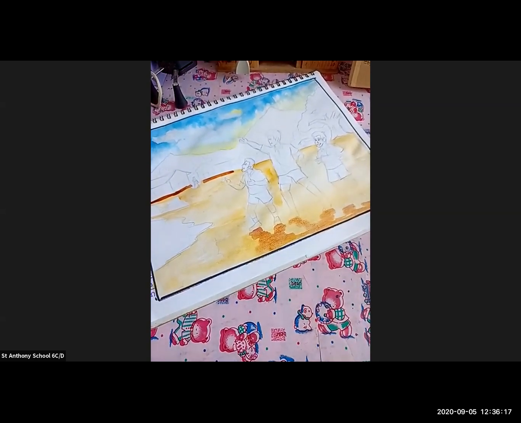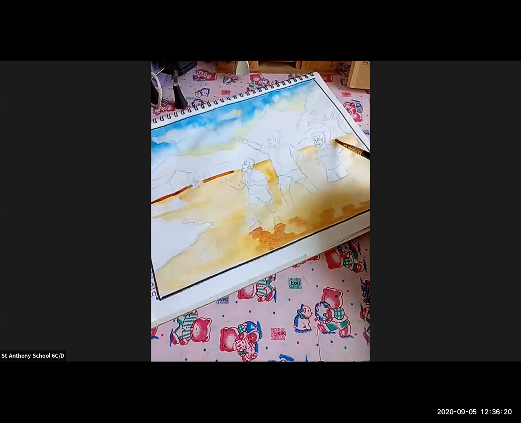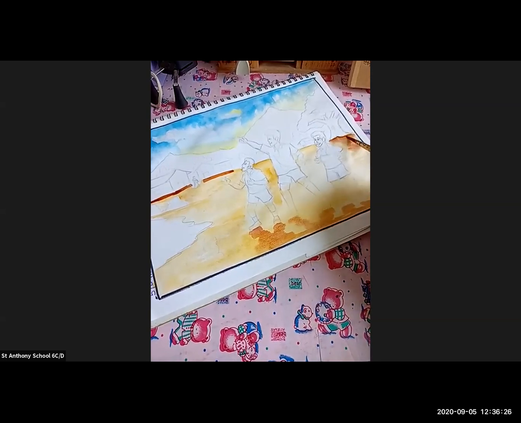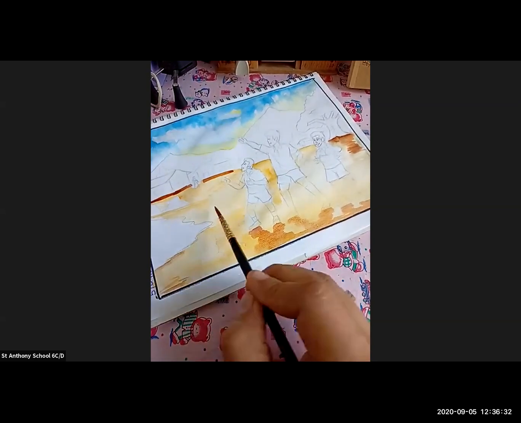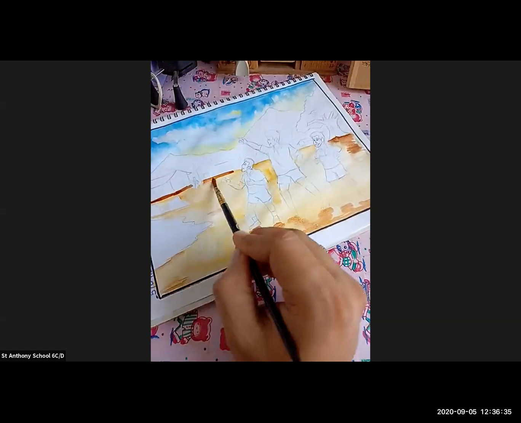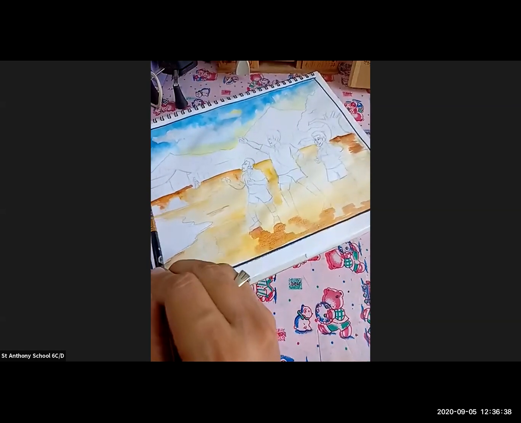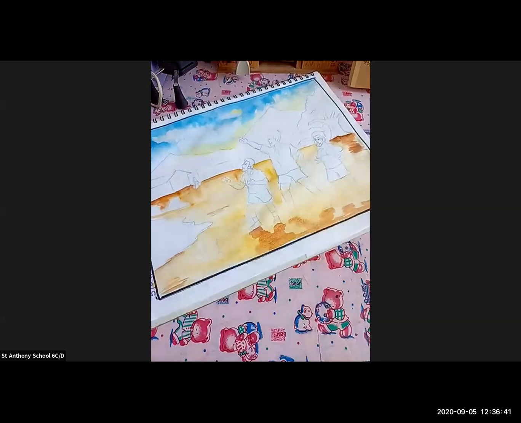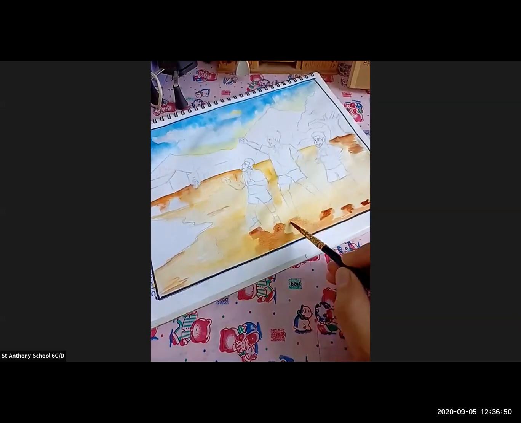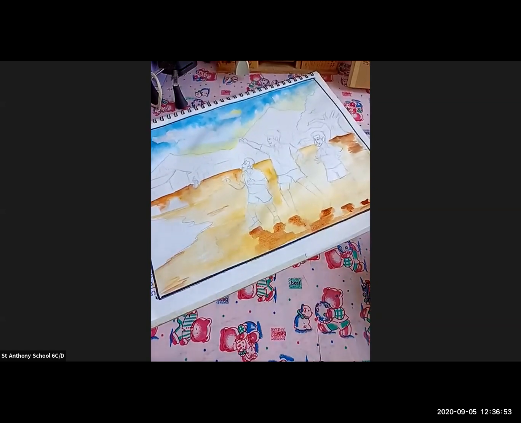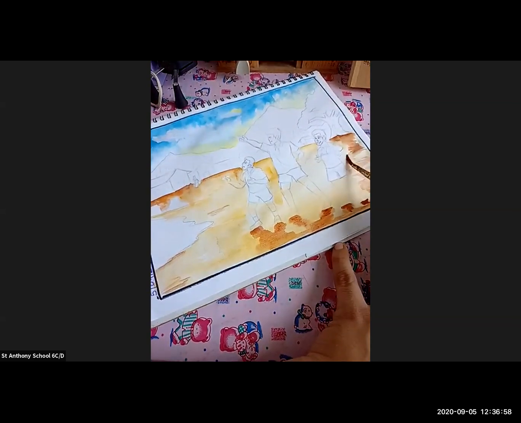Look at the tree, the shadow of the tree is falling on the ground, so it's darker in shade. And there is water over here. Now I'm going to merge this color. Just look at this. This is how I'm going to merge the color. Again, I'm going to take a brown color and add some much more dark tones to this area.